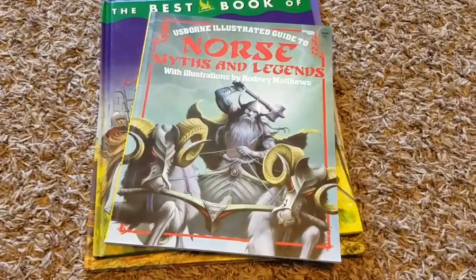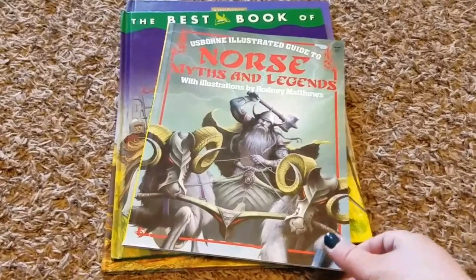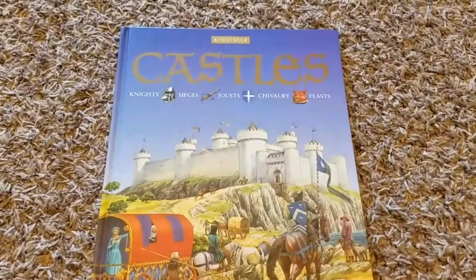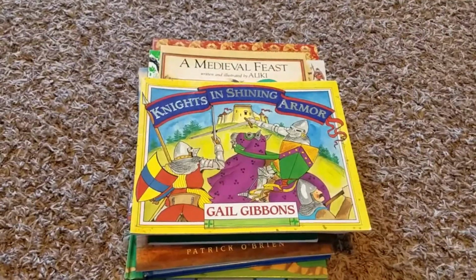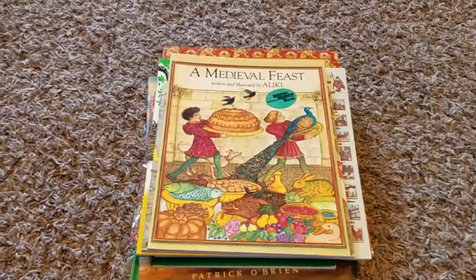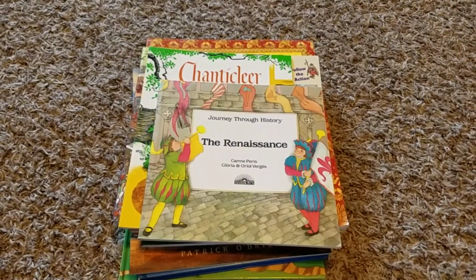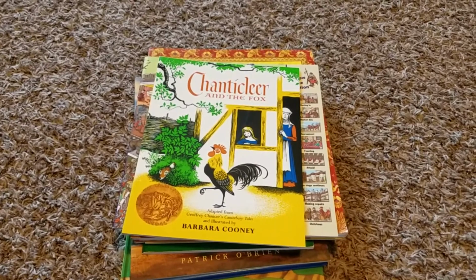We also have the Usborne Illustrated Guide to Norse Myths and Legends, the Best Book of Knights and Castles, the Kingfisher Castles book, and these are some themed picture books. I have Knights in Shining Armor by Gail Gibbons, A Medieval Feast by Aliki, Journey Through History, the Renaissance,